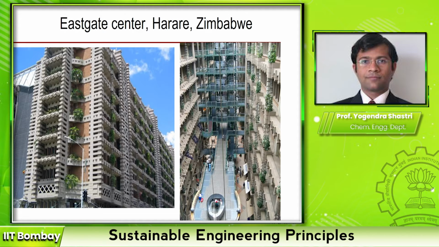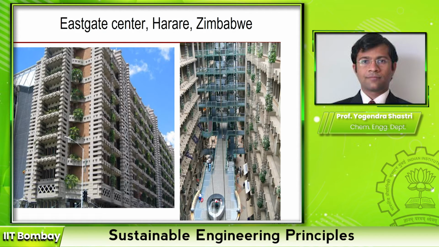So one particular example that has adopted this philosophy, or the design of the termite mound, is a building in Harare, Zimbabwe. This building is known as Eastgate Center. You can see that this is not like a typical building that you see. It has these holes on its outer facade, and the idea is to develop this kind of cross flow. The design is made such that we have this natural flow of air, which maintains the temperature, to a certain extent.